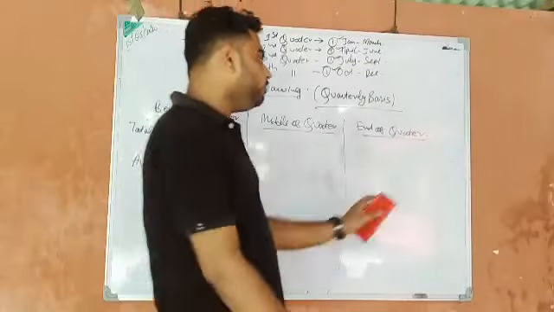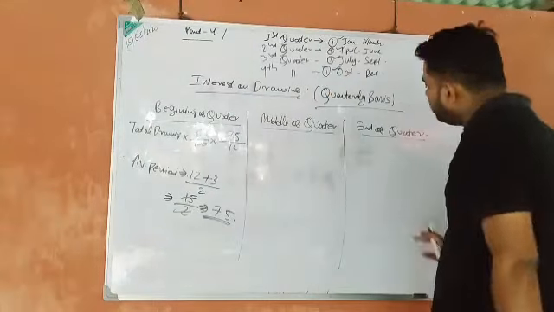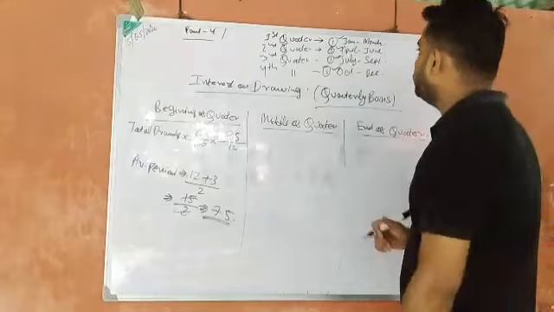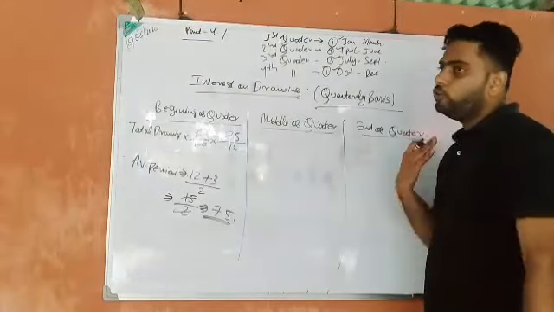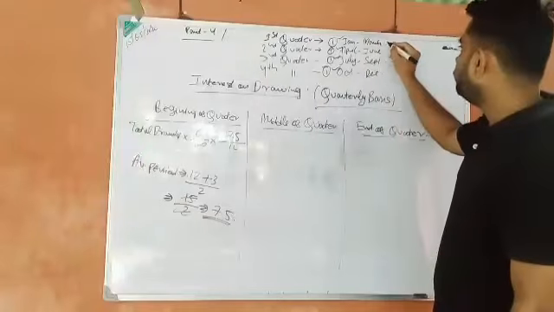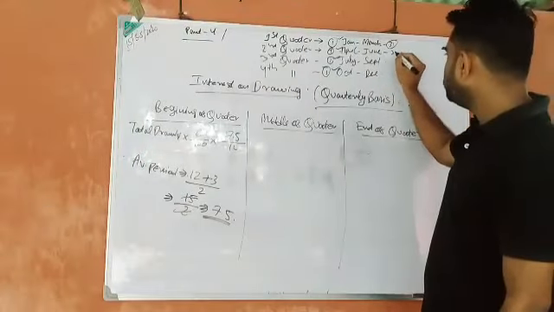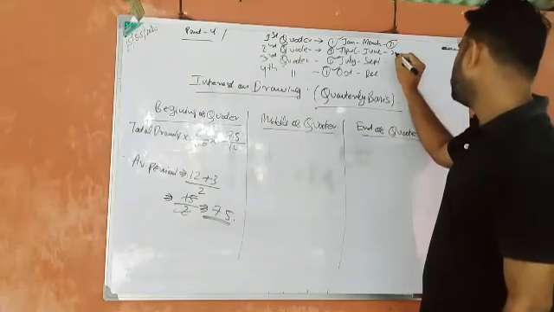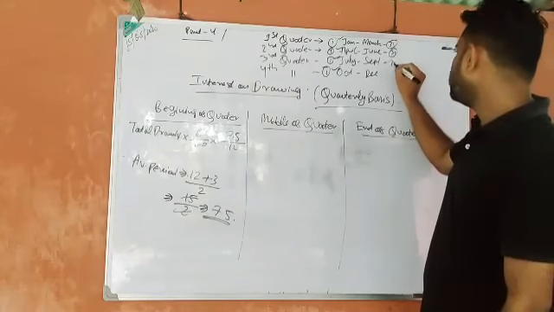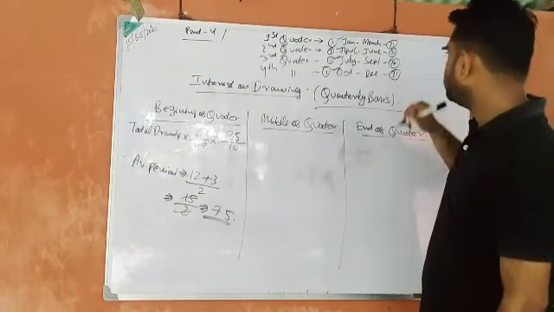Now we will be moving on to the ending, because middle one is easy one. I will take this at the last. Now we will focus on the end of quarter. So if drawing is there, end of every quarter, that will be on which date? 31st of March, 30th of June, 30th of September and 31st of December.